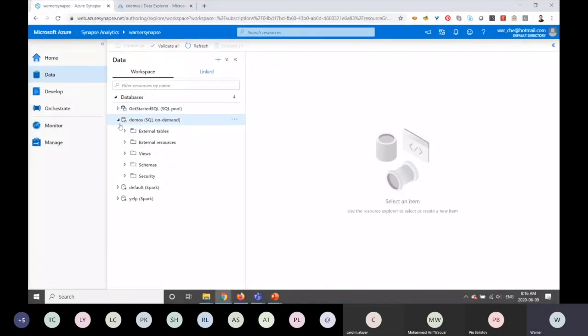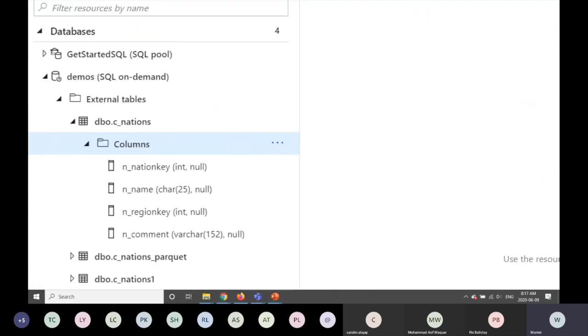Now, if I go to SQL on demand, that actually does respond because, again, it's SQL on demand, right? So I don't have to actively start it or stop it. It's always active for me to do things with it, right? I don't have to go out and start, stop, or whatever. The moment that I query it, it wakes up, and the moment that you stop querying it, you stop paying for it. So these tables that you see right here, like C nations, for example,